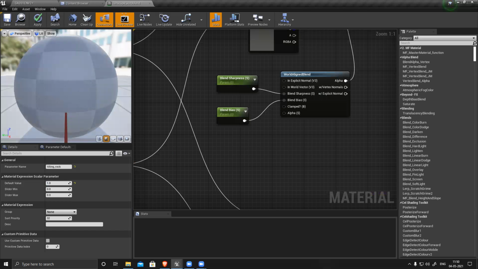And by default, if I want, I can definitely modify these things. Like I can give a value here, or I can do it in parameters also. Both work perfectly, but usually 60 works perfectly for sharpness. You can control it later also, and minus 10 or 12 works perfectly for blending. Save it.